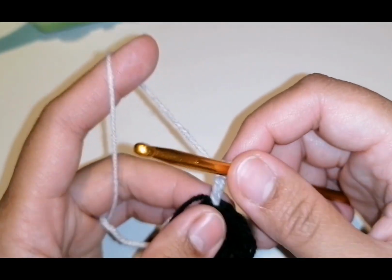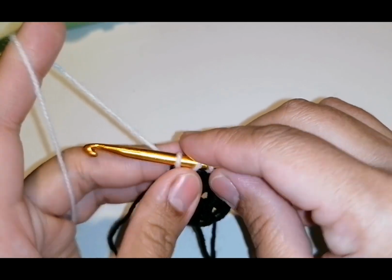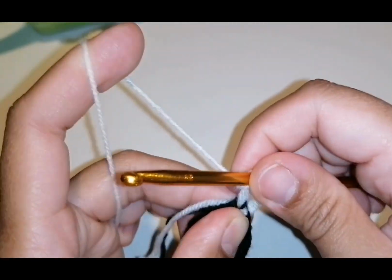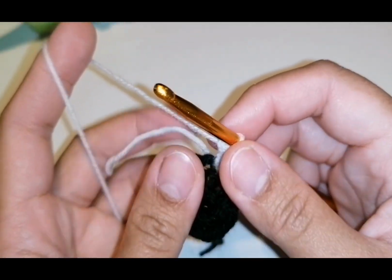And do a chain of 3. And we will be doing a double crochet on this row. So it's 2 double crochet for the first chain. For the second chain,